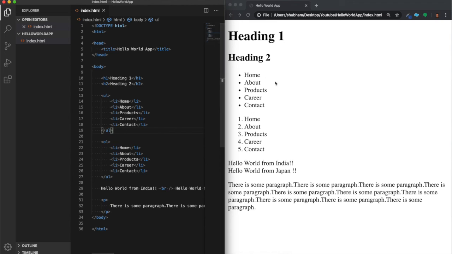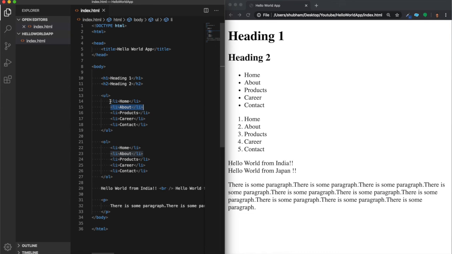So as you can see, about is coming on the next line from home. What does that mean? Anyone guesses? Yeah, that means that a list item is also a block tag which takes the 100% width of the parent element. So what is the parent of this list item?